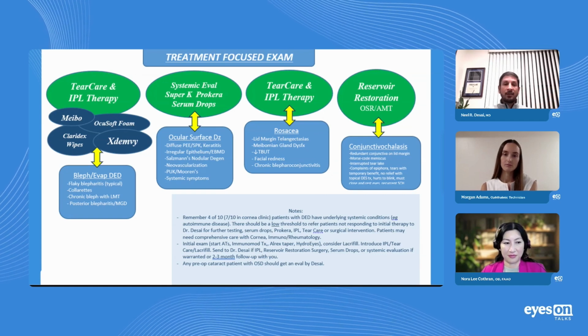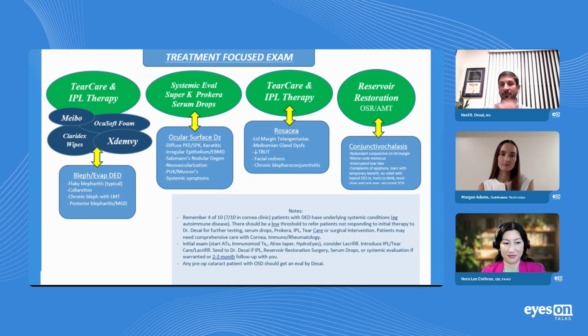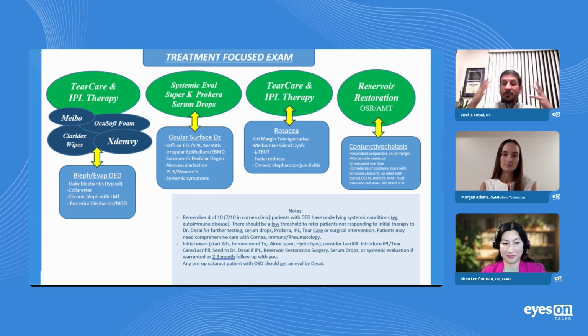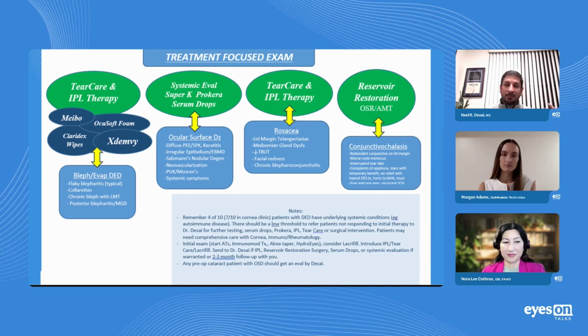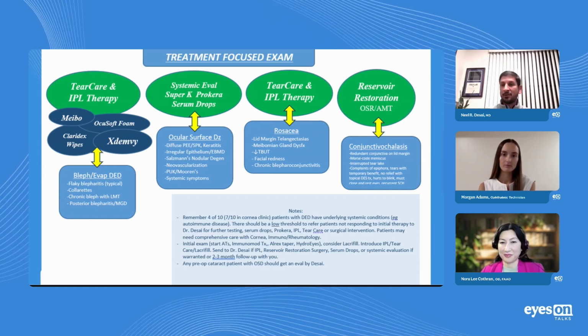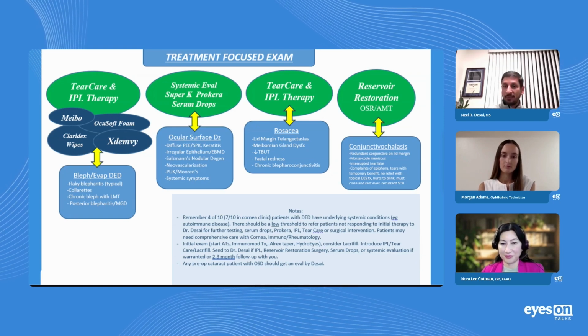Do they have rosacea? I'm looking at their fingernails. Do they have psoriatic arthritis or rheumatoid arthritis? I'm looking at do they have other atopic disease, psoriasis, eczema? So I have to take the whole picture in. I'm flipping their lids. I'm pressing on the meibomian glands because I'm trying to find evidence that supports my treatment